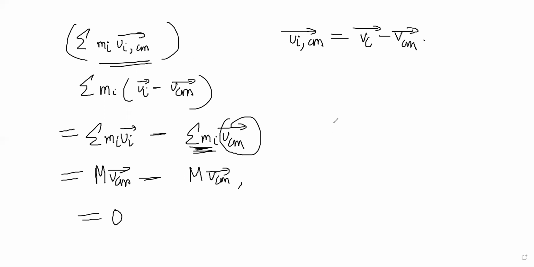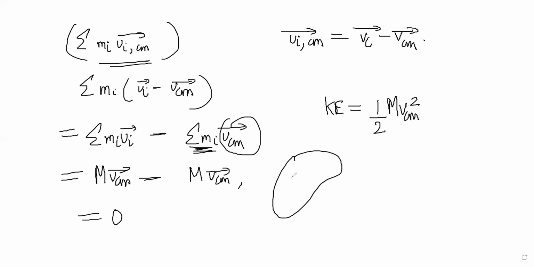So the kinetic energy of the total rotating plus translating body is a very nice formula. The formula is very simple. You write half capital M V_CM squared, as if the body was concentrated at the center of mass and moving with velocity V_CM. So forget about the rotation part. Think of it as a point particle moving with V_CM. And then add the term which you had forgotten about.